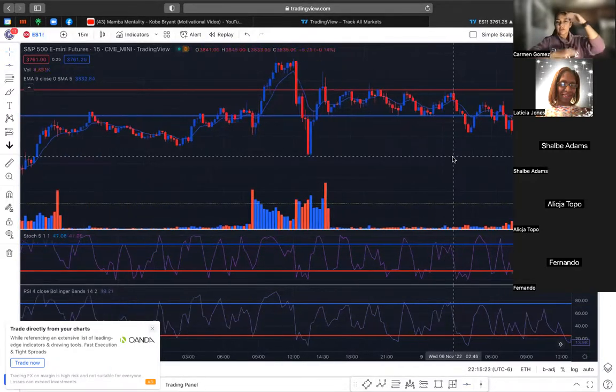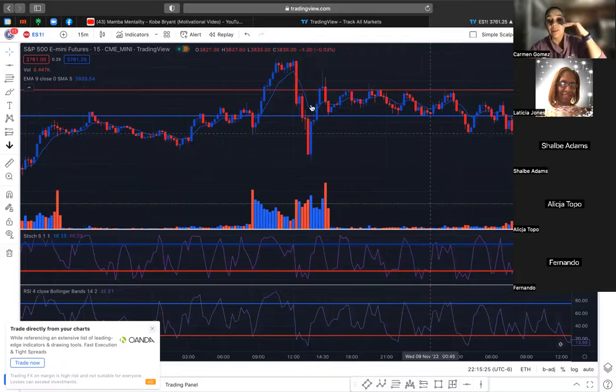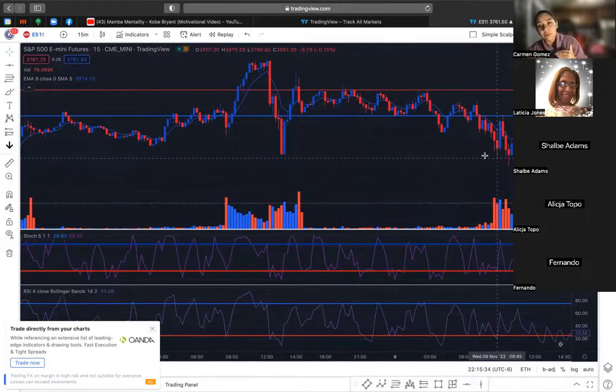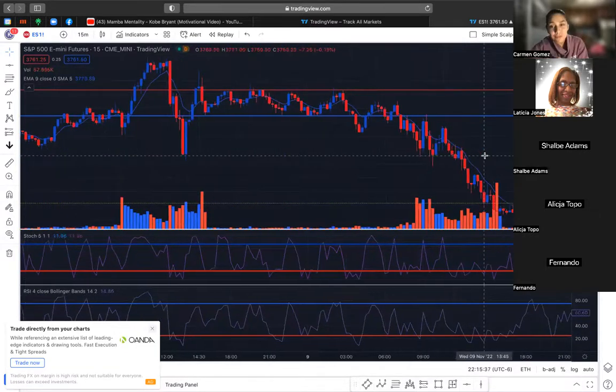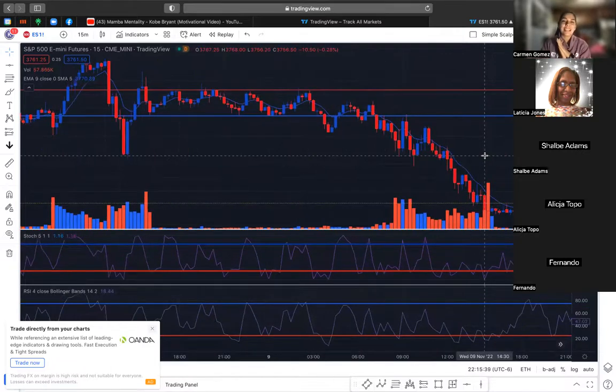We see a roof and a flooring where price just bounces in between, before it finally has a breakout, a retest, and then you have your downtrend from here. Now, the 50 EMA is one key thing that I love to use when it comes to trading, because when the market is trending, every time price comes back to that price point area, there is a new potential trade opportunity to get into.